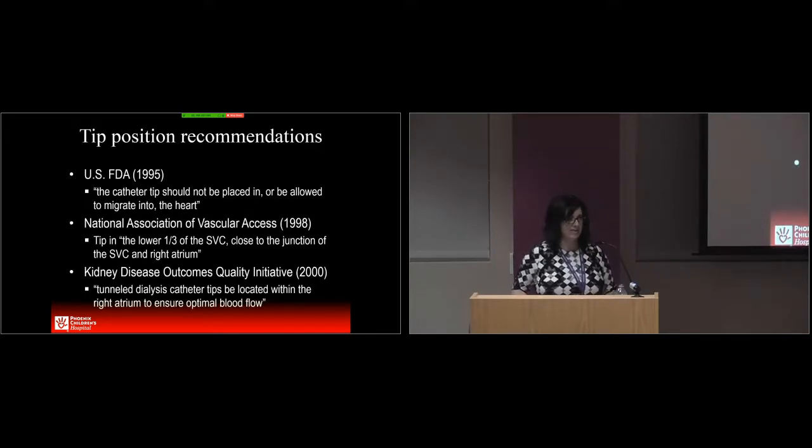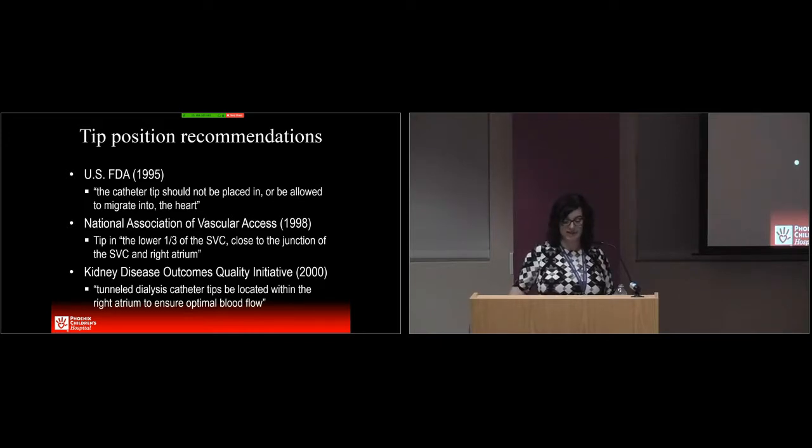There have been recommendations over the years for ideal catheter tip position. Going back to 1995, the FDA recommended that the catheter tip should not migrate into the heart, and that was pretty generic. The National Association of Vascular Access in 1998 recommended that the catheter tip should be in the lower third of the superior vena cava. And if that's the case, that means that the catheter has a nice straight course in